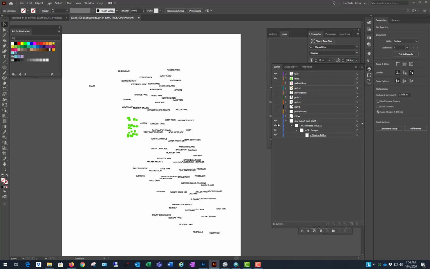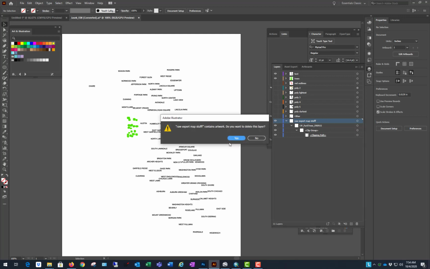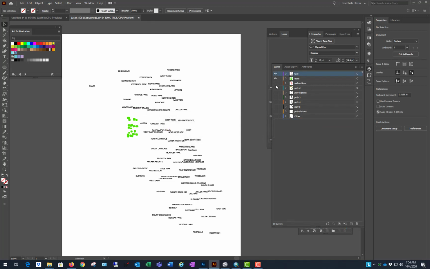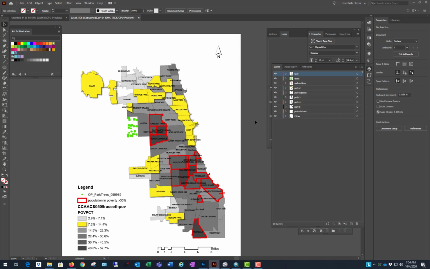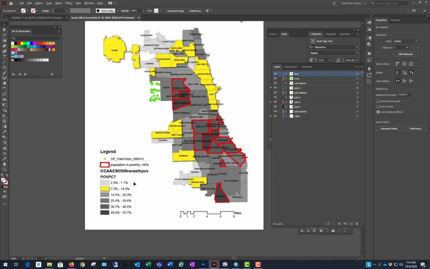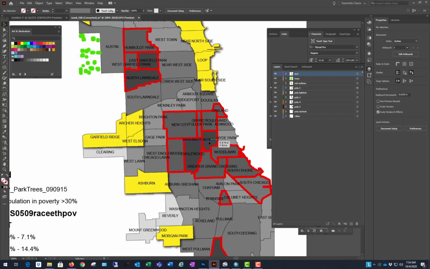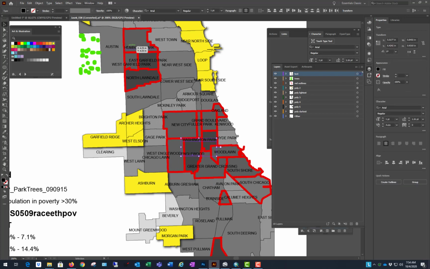There should be nothing else on my raw export map stuff, and I don't see any change when I get rid of that, so I can trash that layer out. It says I have stuff on it. What it's got on there is invisible clipping masks. And there we go. That's the entire map now, and I can do stuff in it in Illustrator,